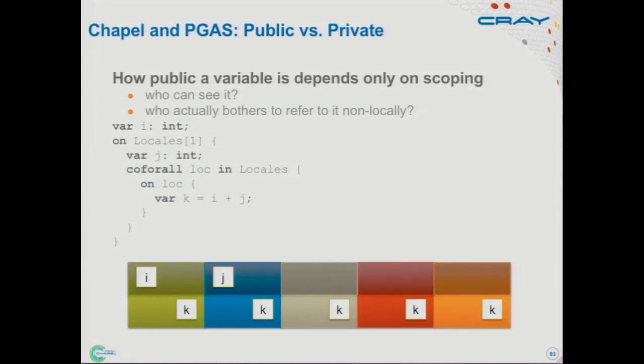So the way you would want to write code sanely between multiple tasks is typically using synchronization variables as the main means in which they interact. And any other data you'd want to be read-only, essentially. But the language doesn't do much there. Basically, you can write racy code very, very easily. For example, if instead of just reading i and j inside this inner loop, I had this innermost thing write to i or j, it's basically a race to see which of those many tasks is going to win and have their value end up in i or j at the end of the loop. That's the way the language is today.